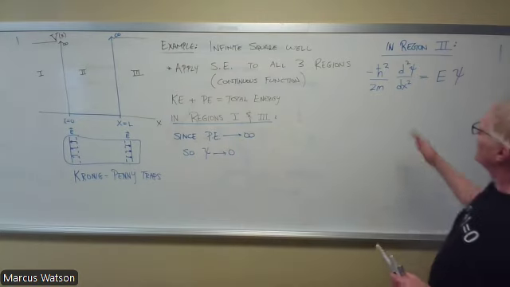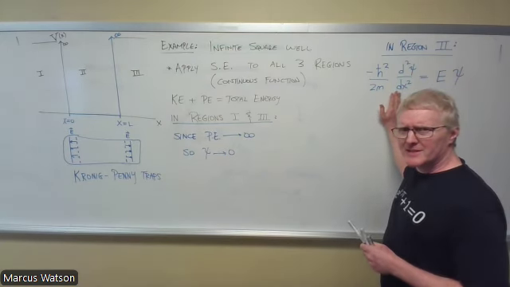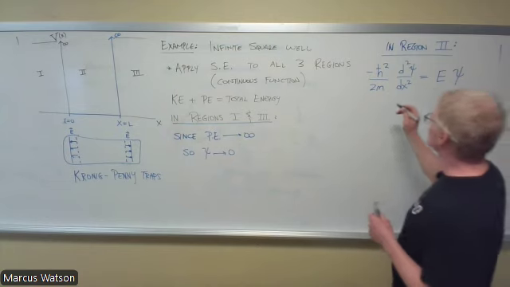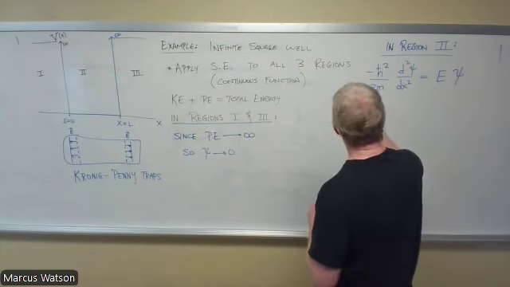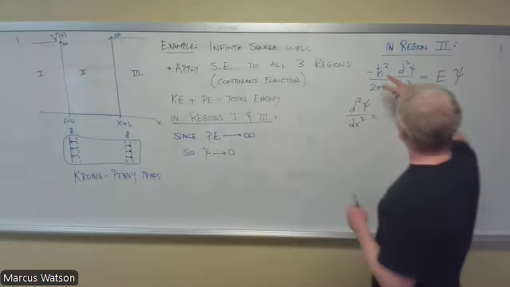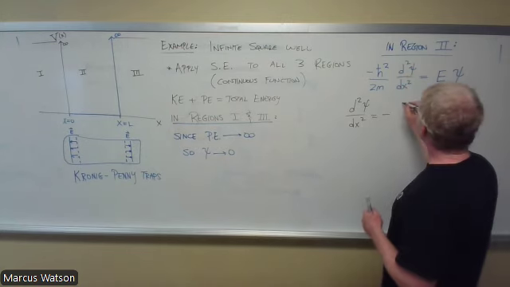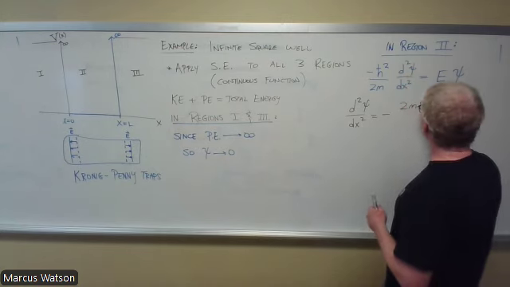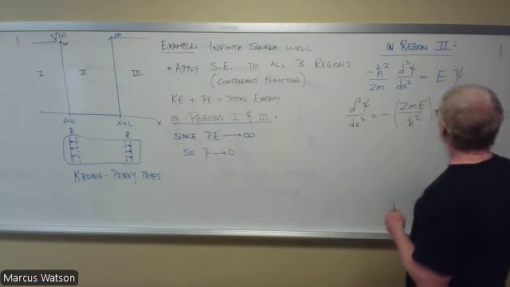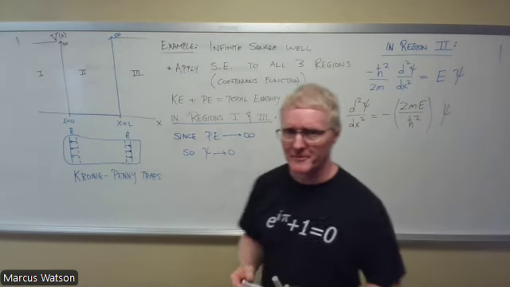Okay, now this maybe looks a little bit intimidating, but hopefully not so bad. Let's just write it in a slightly more suggestive manner, in which I take the second derivative of the wave function, and flop this constant over on this side and say it's equal to negative 2mE divided by h bar squared times the function again. And now I'm hoping it looks a little bit more familiar,